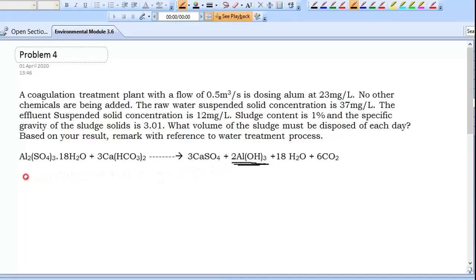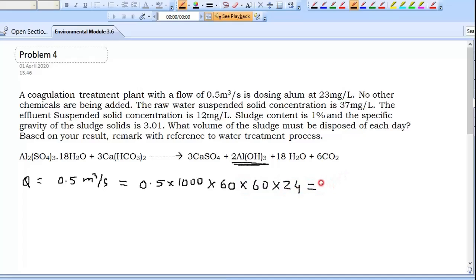Now see, the discharge is given. Discharge is how much? 0.5 meter cube per second. If it is in MLD, it would have been good, but we will convert it. This we will make it into liters. This you got 43.2 into 10 raised to 6 liters per day. You got. Okay, now see,